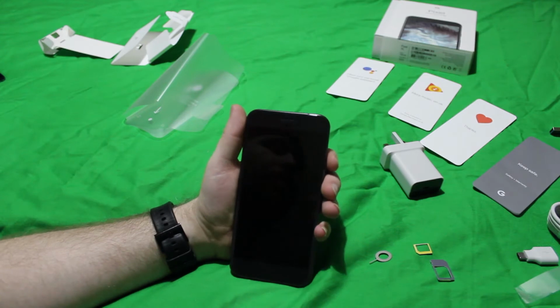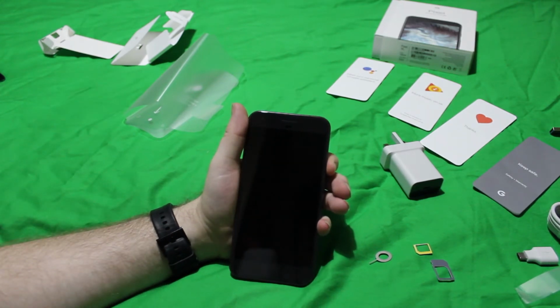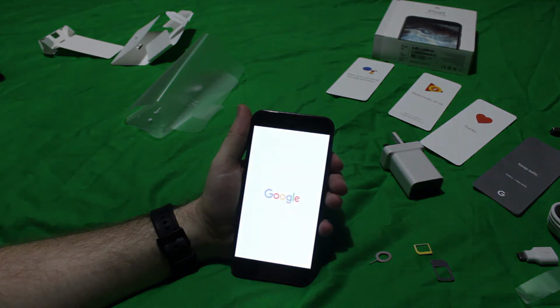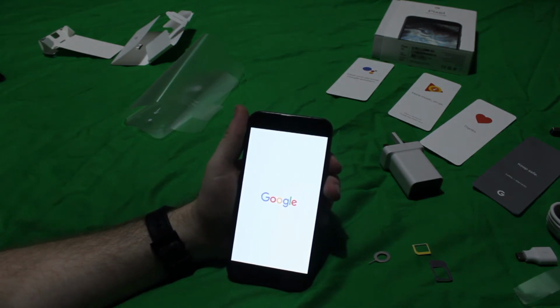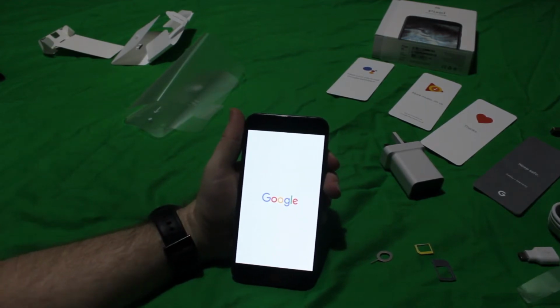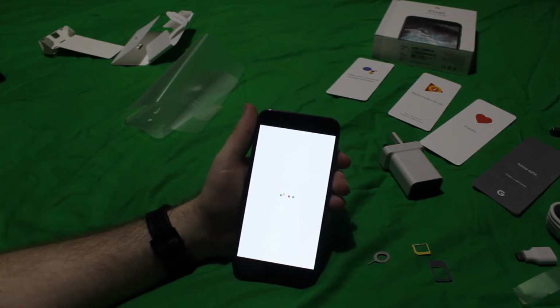So this is the first time booting up the phone. I'll need to obviously cut out any parts where it's asking for username and password, but let's see how she goes. Right, so it's literally powering on. Like I say, I'm only going to cut anything that asks for usernames and passwords, but you'll see the general loading times and whatnot. This is first boot, so I don't know if first boot's going to take any longer than, like, I like the animation's different